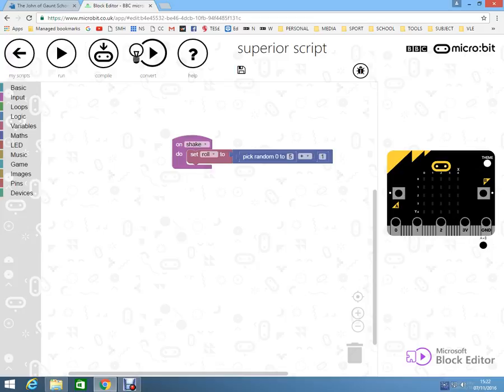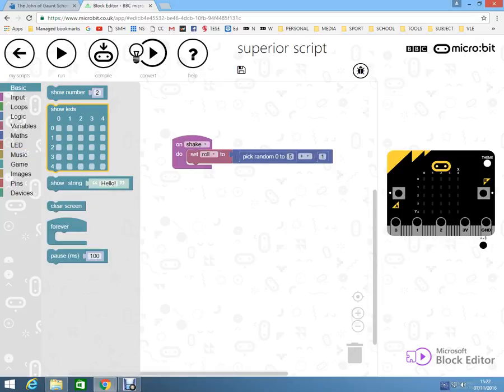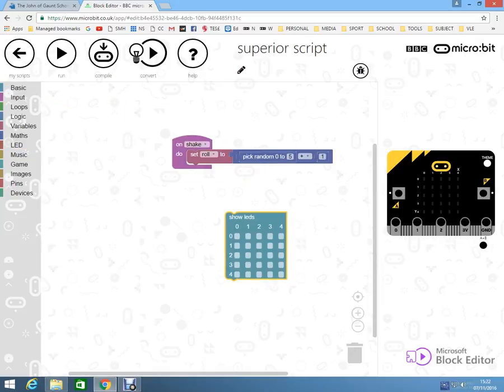Now we need to start thinking, well, okay, how are we going to display this? Actually, wouldn't it be quite interesting to display it using the LEDs? You know, like on the front of the microbit, you've got the grid of lights, of LEDs. Wouldn't it be great that if it picked 1, it would actually show a little 1, like on a dice. So if you look at the front of a dice,